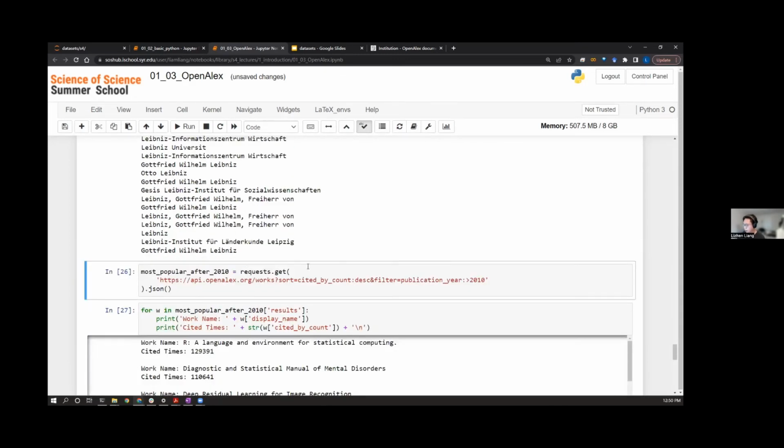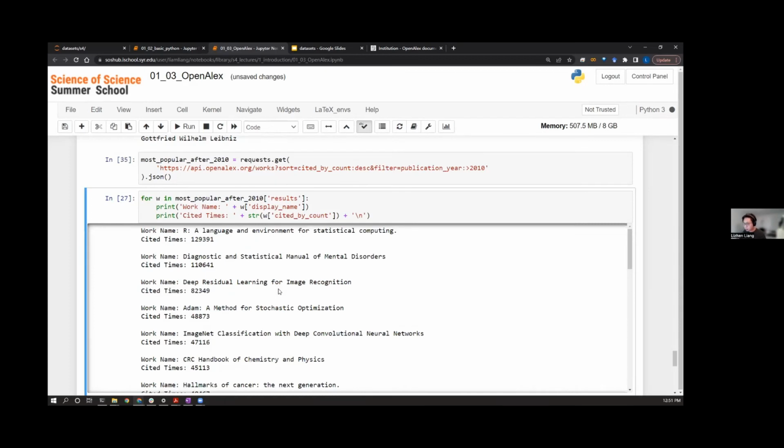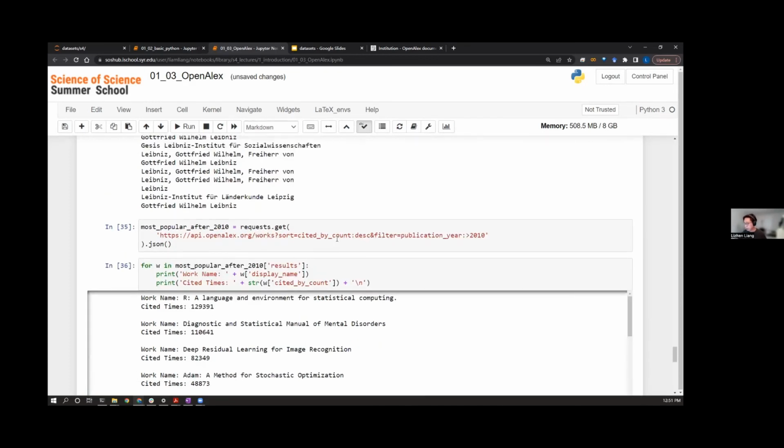And aside from filters and search, we can also sort. Sometimes there are many metrics, for example, citation counts. We want to order the whole list so that, for example, we can see what the most popular works are, in the sense that they got cited more often, more times. So using this API search,